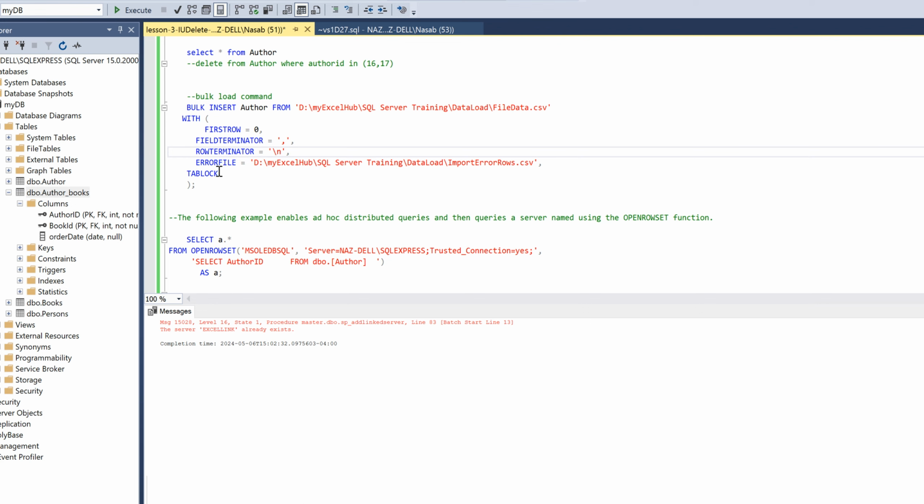Then you need to give different parameters, and then you need to give an error file if you want to. Otherwise you can skip this, and table lock also you can skip. You don't need to give that. But if you are giving it, make sure that you are providing an appropriate error file directory. Now when you run this,